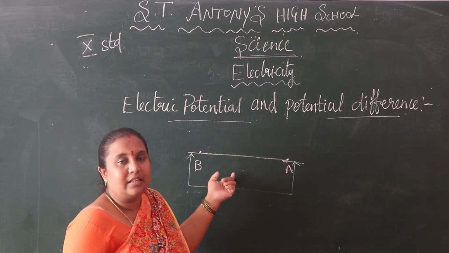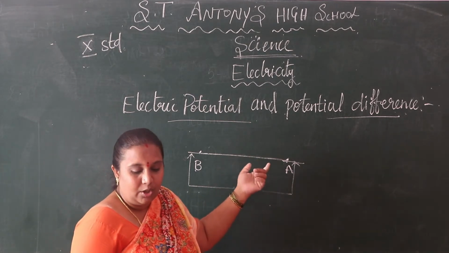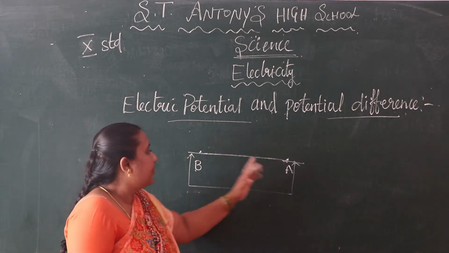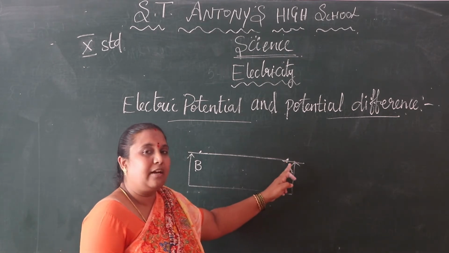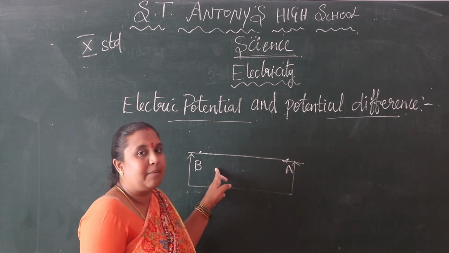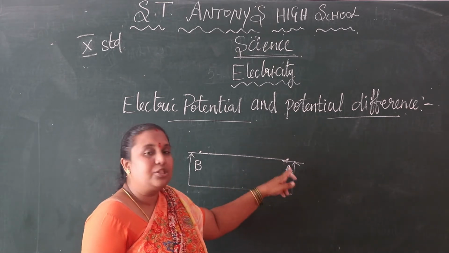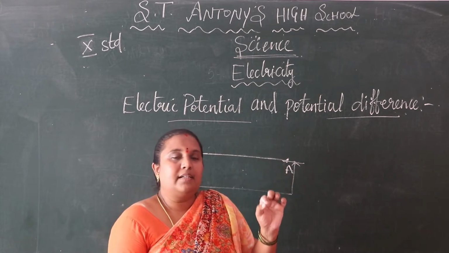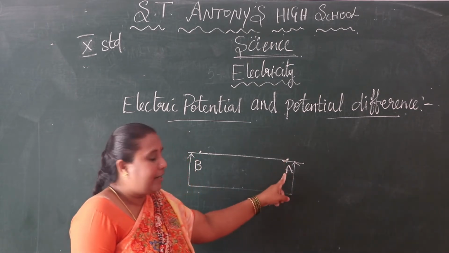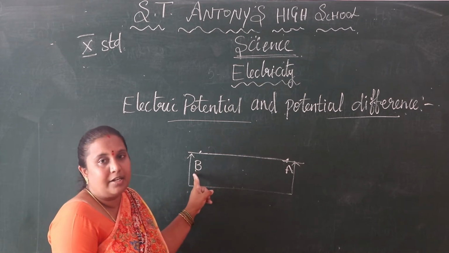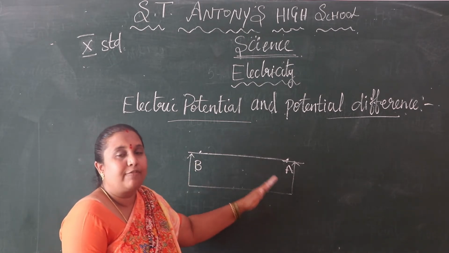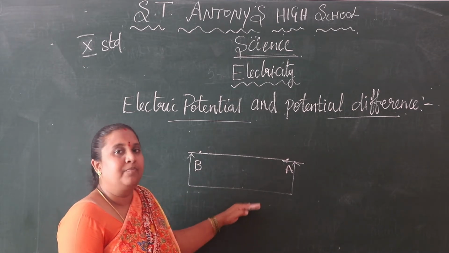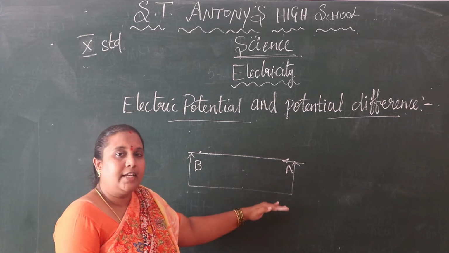So we can say that an electric circuit is carrying some current. From A to B, the electric current flows and carries some current, so there is a potential difference between these 2 points. The work done, that is, the electric current is moving from one point to another point. There is work done by the electric current as it passes from A to B.